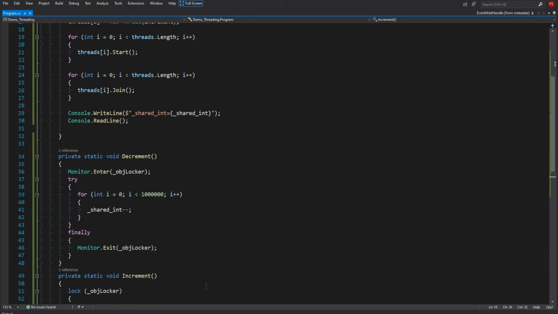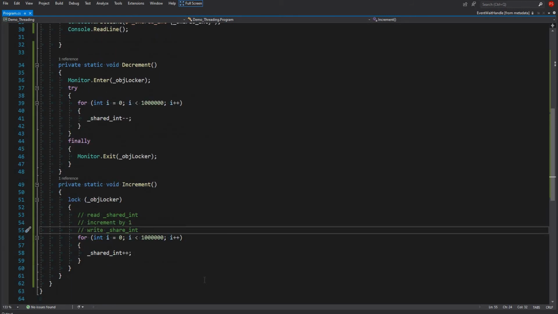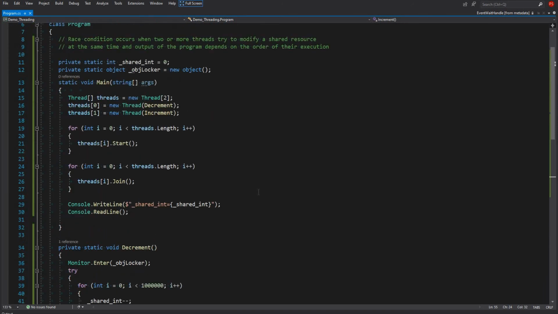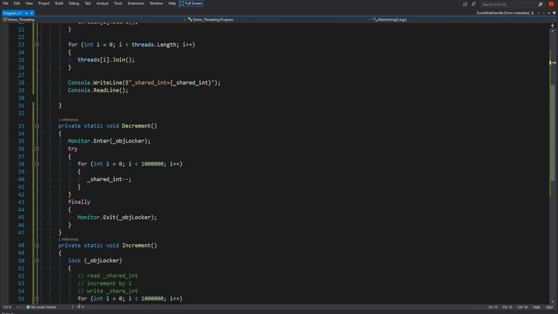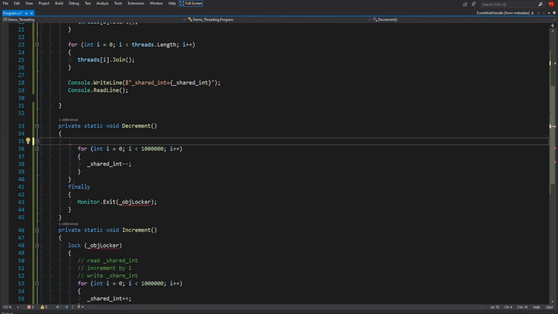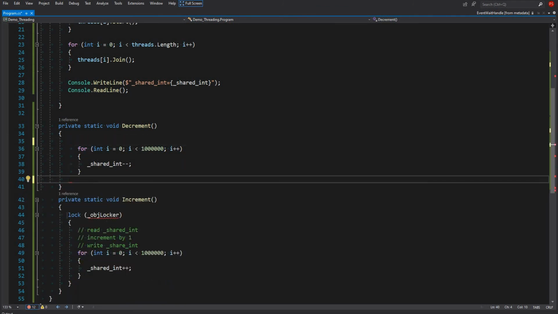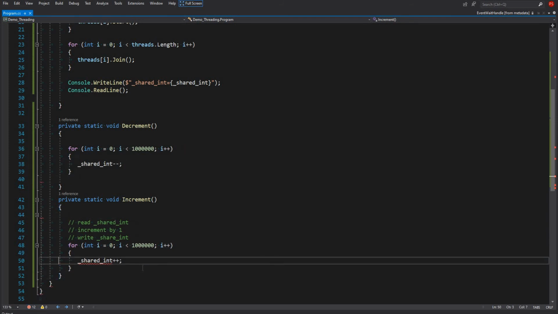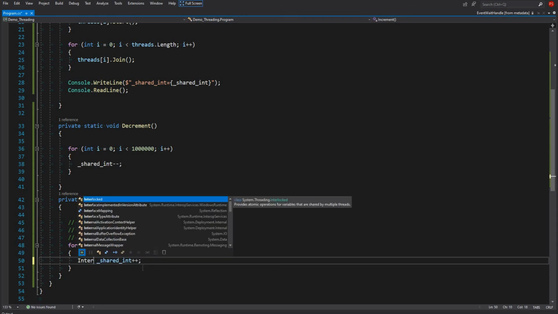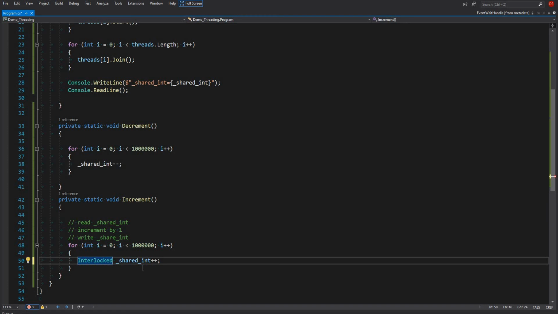That means this incrementing and decrementing will be atomic, and then we can remove this lock altogether. Remove this, remove this one, remove this, and instead of incrementing like this, we use Interlocked. This class lives in the System.Threading namespace, and it has certain static methods.